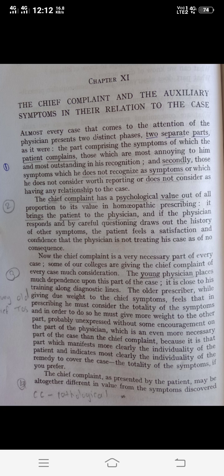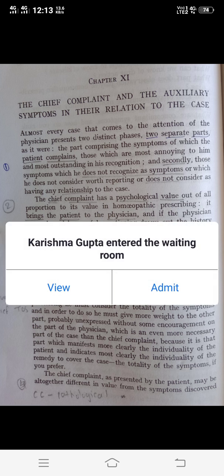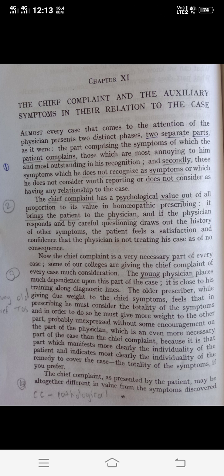Then in the third para, Dr. H. Robert explained: now the chief complaint is a very necessary part of every case. Some of our colleges are giving the chief complaint of every case much consideration. The young physician places much dependence upon this part of the case. It is close to his training along diagnostic lines. The older prescriber, while giving due weight to the chief symptoms, feels that in prescribing he